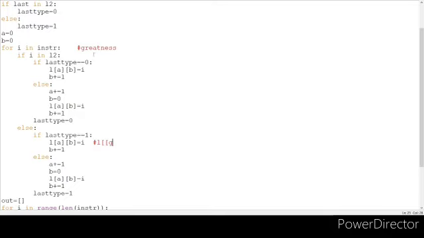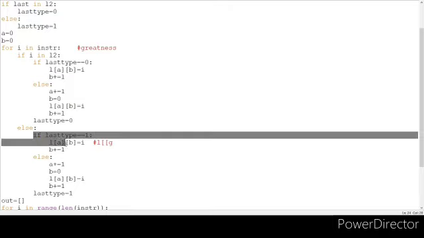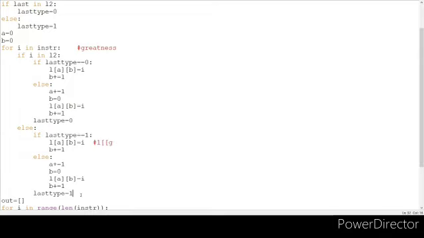And again for the second character, that is R, we are checking whether R is a vowel or not. No, it is not a vowel. And last type double is equal to 1? Yes, it is, because in the previous iteration last type was assigned 1. So we are storing R in L of 0 of 1. Next, again we are incrementing the B value, so now the B value is 2 and the A value is 0.